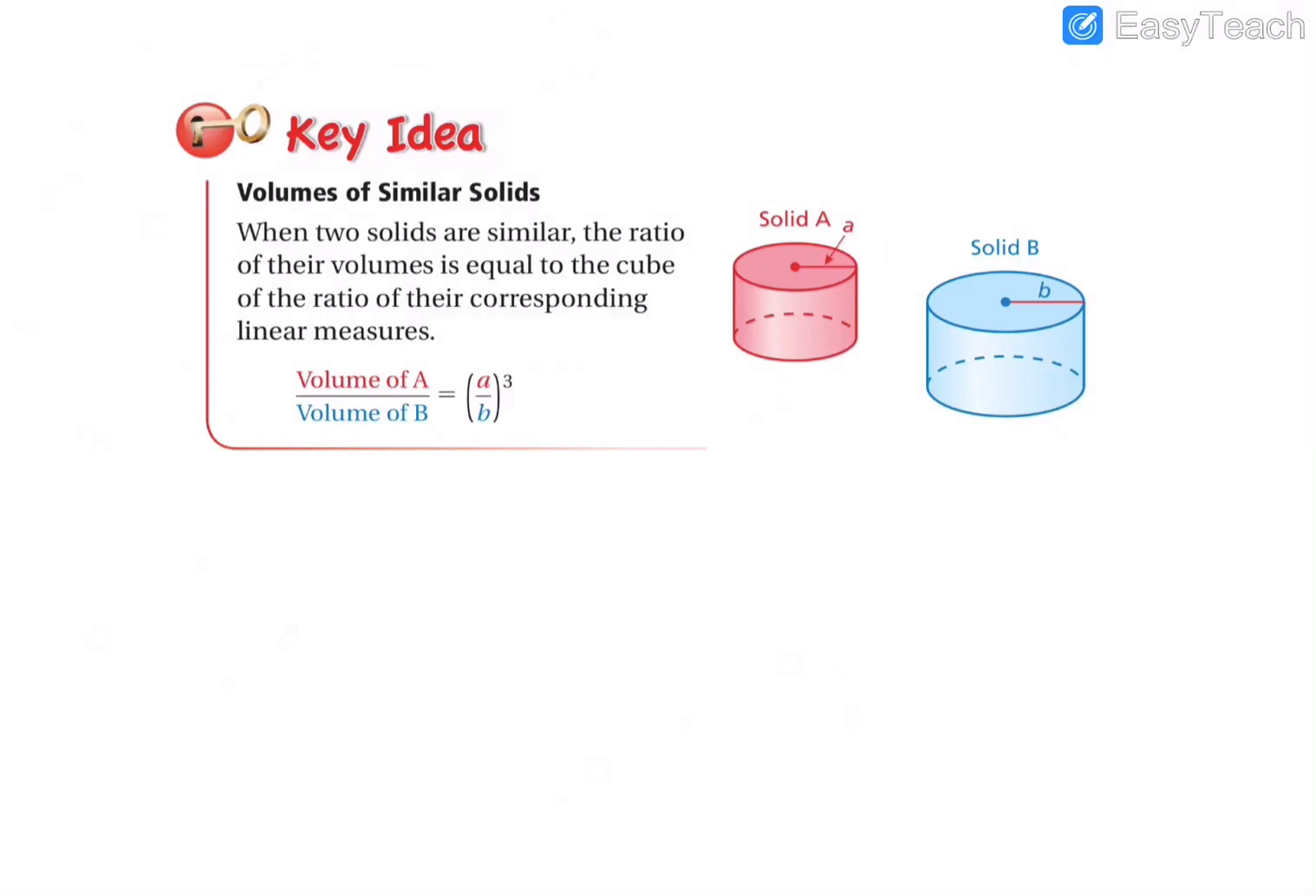Okay, so our next key idea, similar to the last one, volume. So same principle. If you have two solids that are similar, the ratio of their volumes is now equal to the cube of the ratio of their corresponding linear measures. So you have solid A, solid B. A to B cubed is going to be equal to